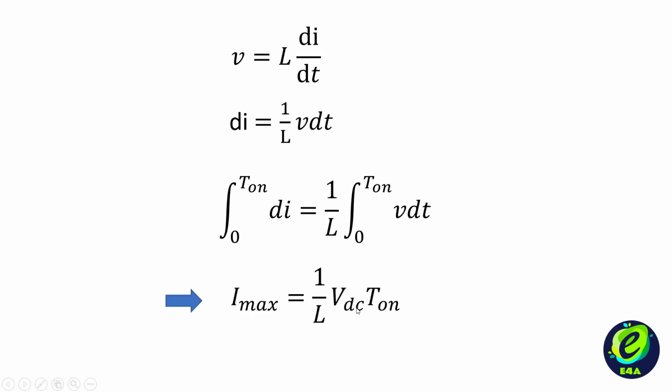According to the equation, the inductor current will keep on increasing linearly as long as the MOSFET switch is on and will reach its maximum at T on. But when the MOSFET switch is turned off, the inductor will behave as a source and will discharge its stored magnetic field via the body diode of the MOSFET, and the direction of the current will be negative.